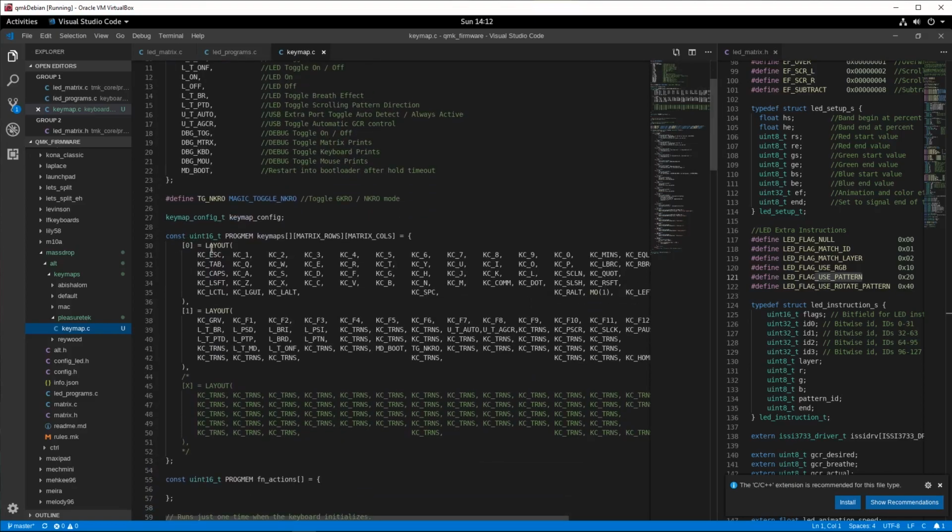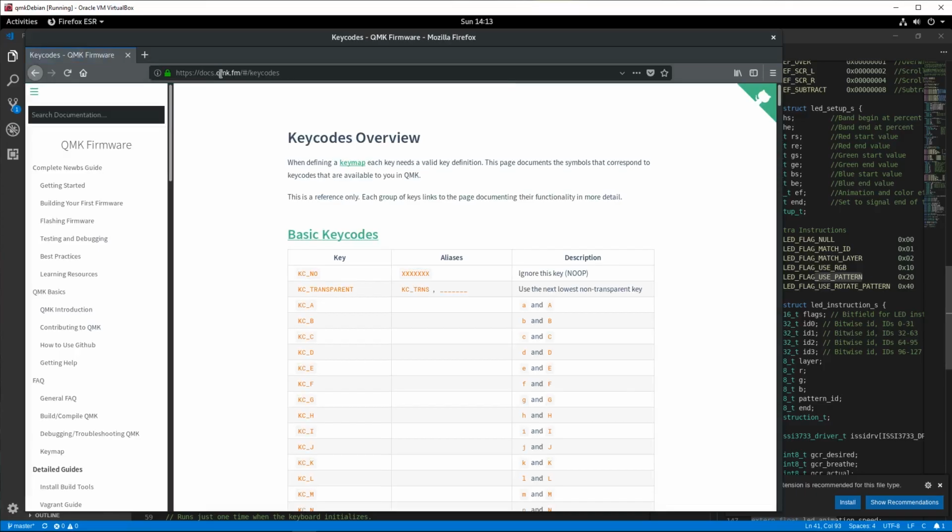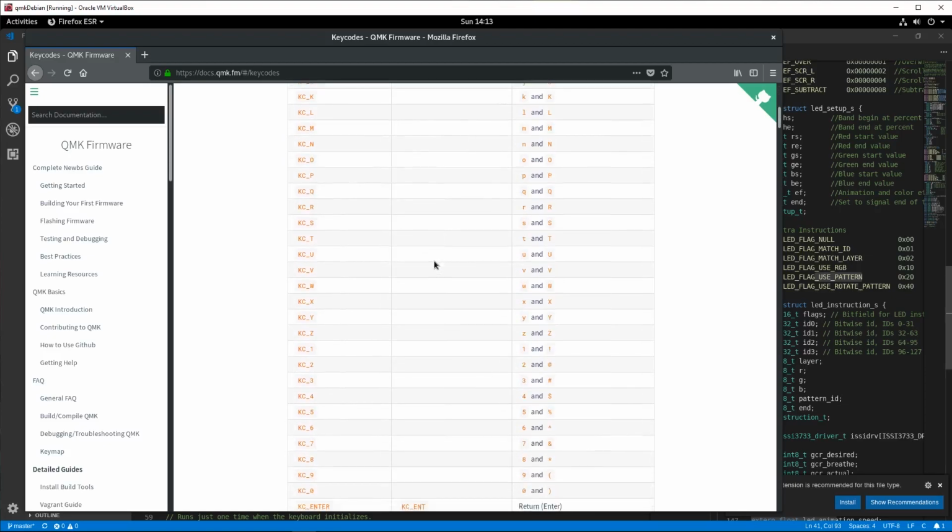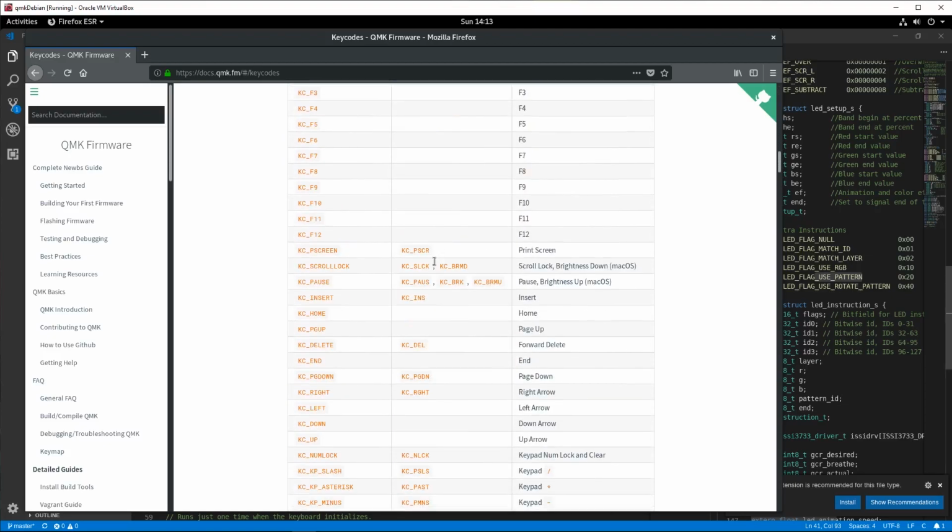This top section is pretty self-explanatory. I like that this is very easy to customize what your keys actually do. So these are those transparent keys, meaning it falls back to whatever it did on the previous layer. Now I'm going to customize some of these because I like some media keys and some things like that. So that brings us to our first link to go to. So the official QMK documentation, keycodes overview. Here we have all the basic keycodes, and if you scroll down for a little while,